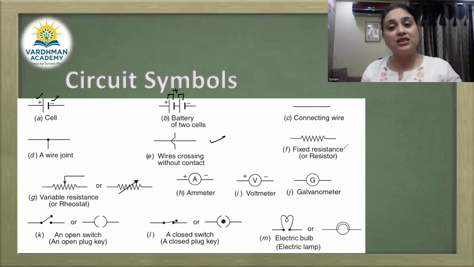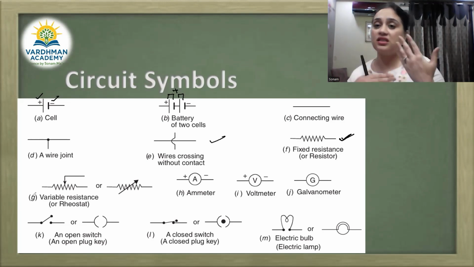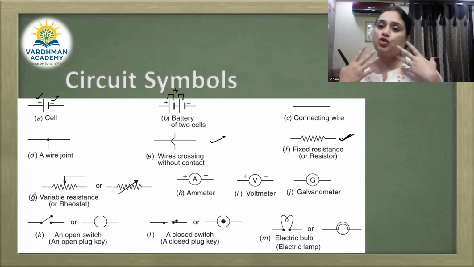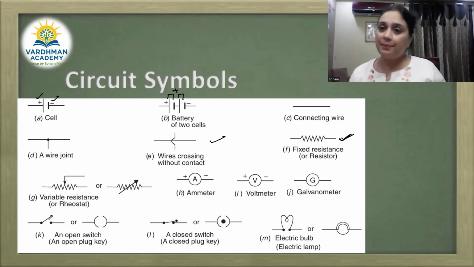So this is a fixed resistance and this is also a symbol of a resistor. Now variable resistors, so this is a touch point. Wherever you touch it, what is variable resistance? If you touch it at different points, it will show different resistances. The resistance, the ability to oppose the flow of electrons, also changes. And what do we call a variable resistance, children? We call it a rheostat. What do we call it? We call it a rheostat.